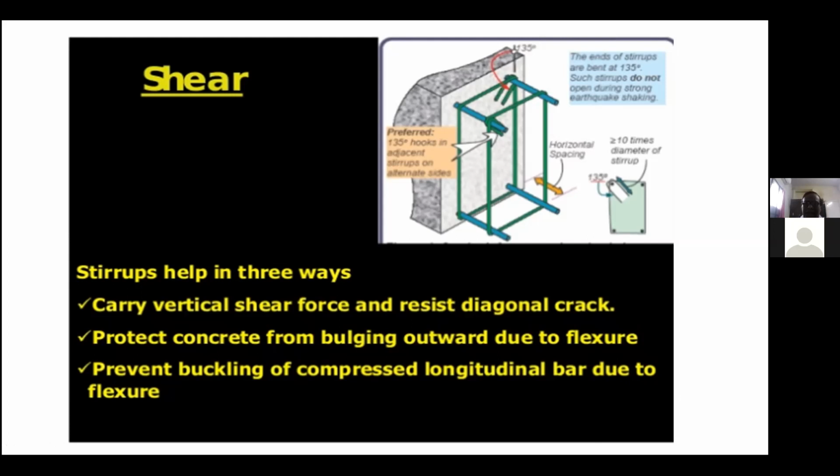I want to inform you that you should know the diameters of the bars available in the market. Some standard diameters are available. If you look at the market, you will get the 6 mm bar, but a 7 mm bar is not available. So 6 mm, then 8 mm, 10 mm, 12 mm, 16 mm, 20 mm, 25 mm, 32 mm, and 40 mm bars are available. Depending on the purpose, you have to choose based on your area requirement.